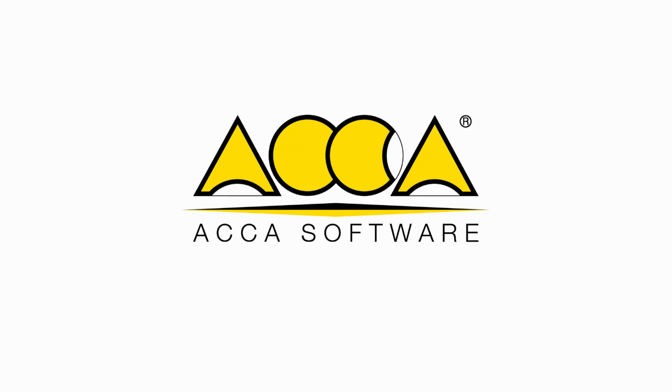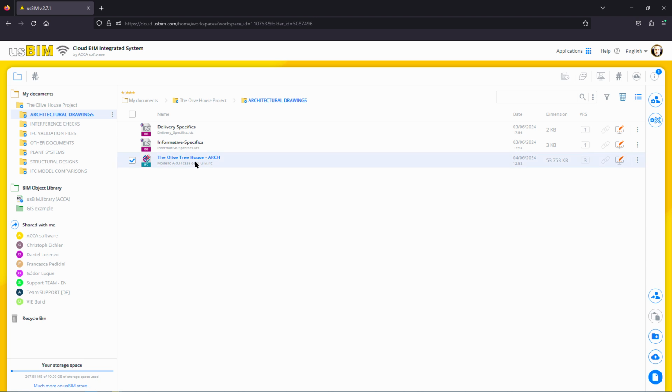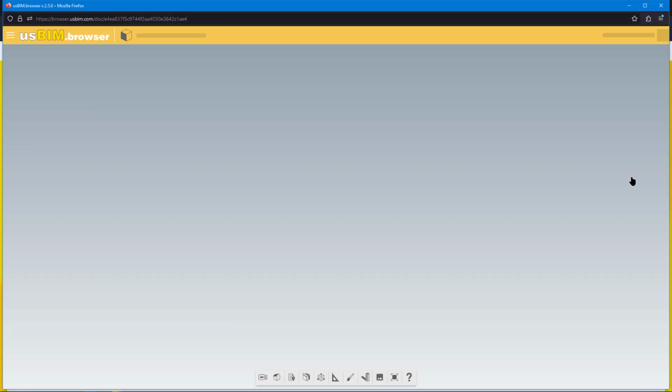Utilizing the IDS standard for information specifications. In this video, we see how adopting the IDS standard enables access to services and software solutions specifically designed to manage the creation, evaluation, and validation of the expected information specifications within the employer's information requirements, EIR, and BIM execution